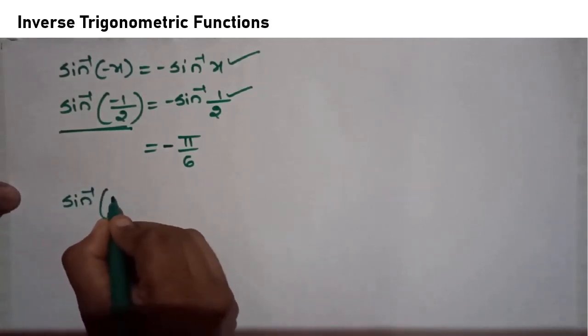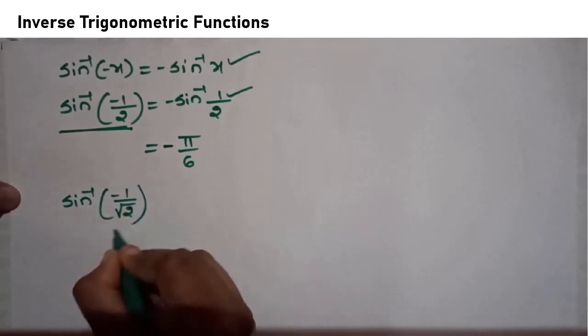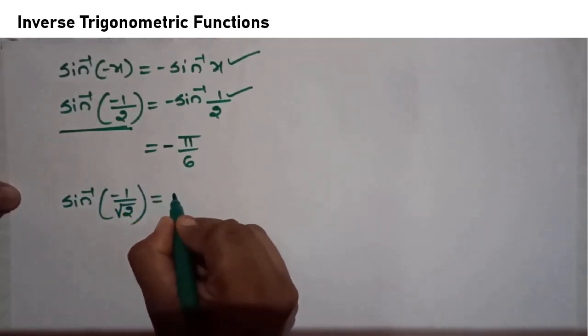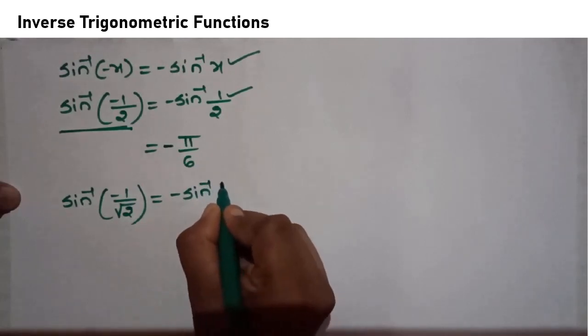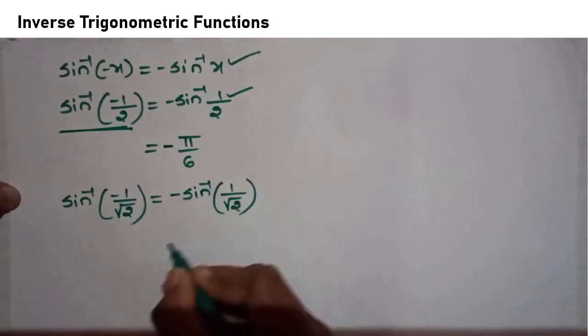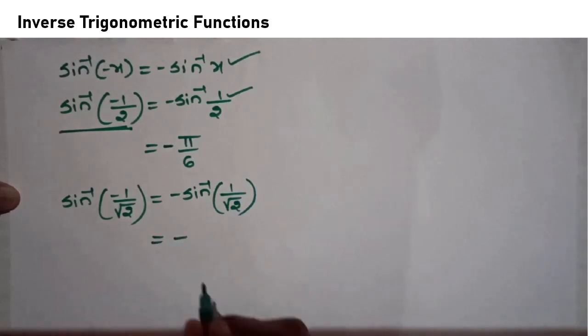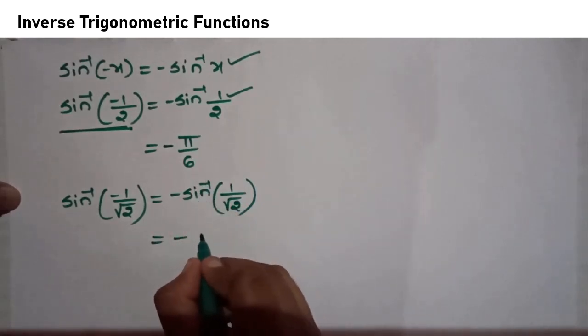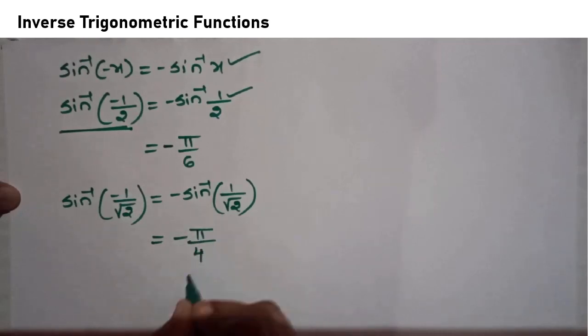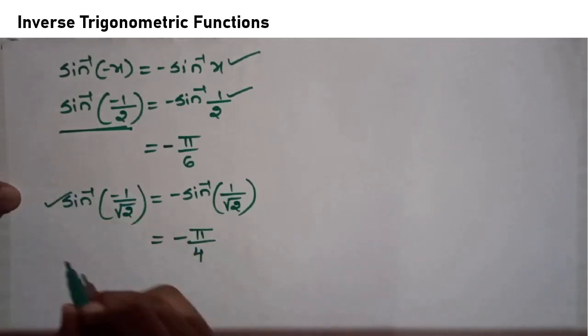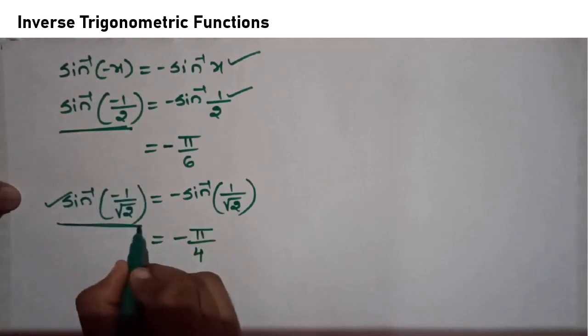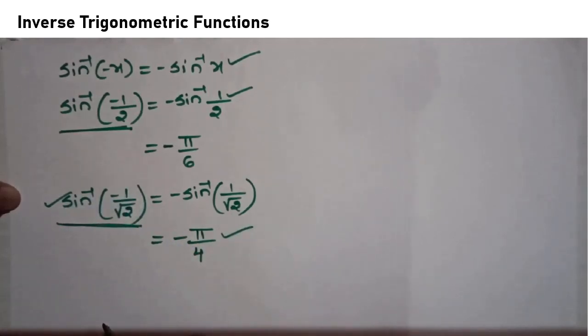Okay, so let me consider another example. Sin inverse minus 1 by root 2. Sin inverse of minus x is again written as minus sin inverse x, right? Keep the minus sign as it is. For which angle is sin giving 1 by root 2 as the answer? It is 45 degrees, which is nothing but pi by 4, so minus pi by 4. Therefore, the principal value of sin inverse minus 1 by root 2 is minus pi by 4. Directly we can find principal values like this using the property sin inverse of minus x is minus sin inverse x.